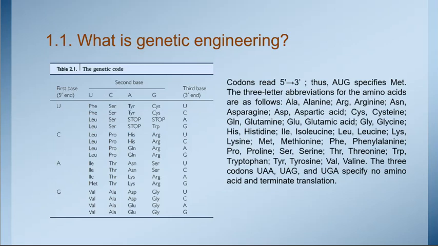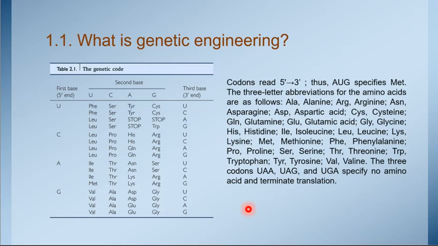So codons are read 5' to 3', thus A, U, and G means methionine, as a start codon. The three-letter abbreviations for the amino acids are as follows: